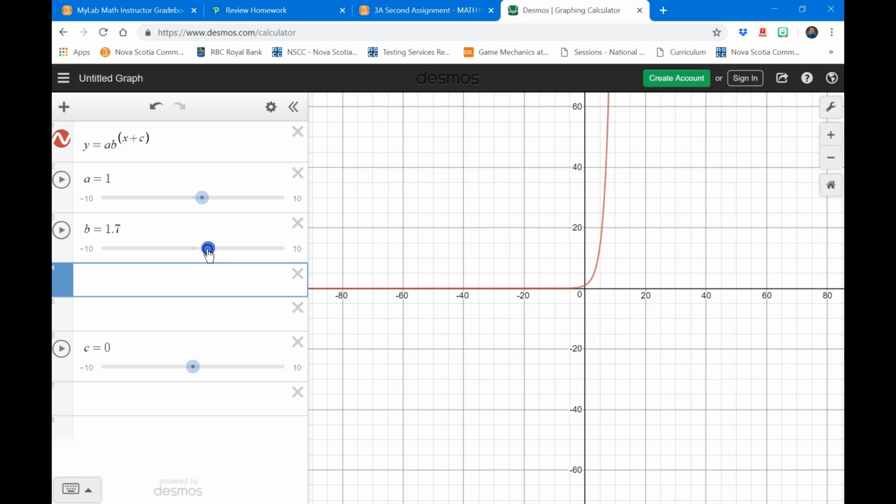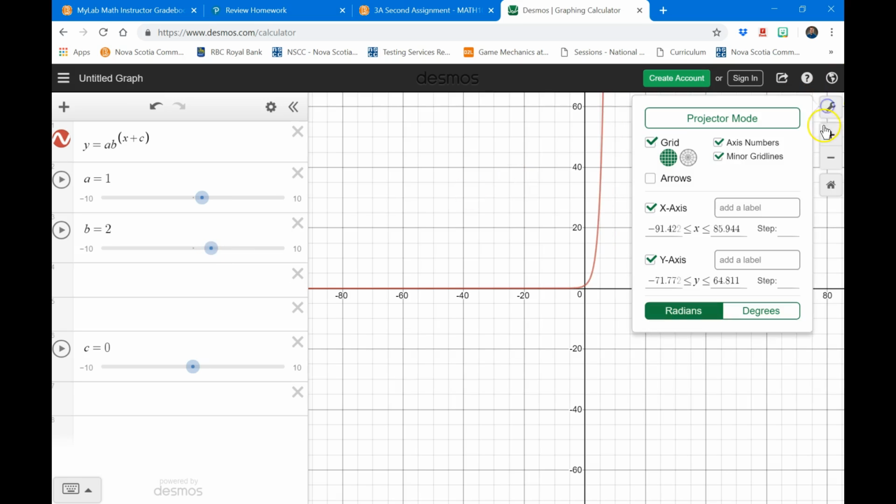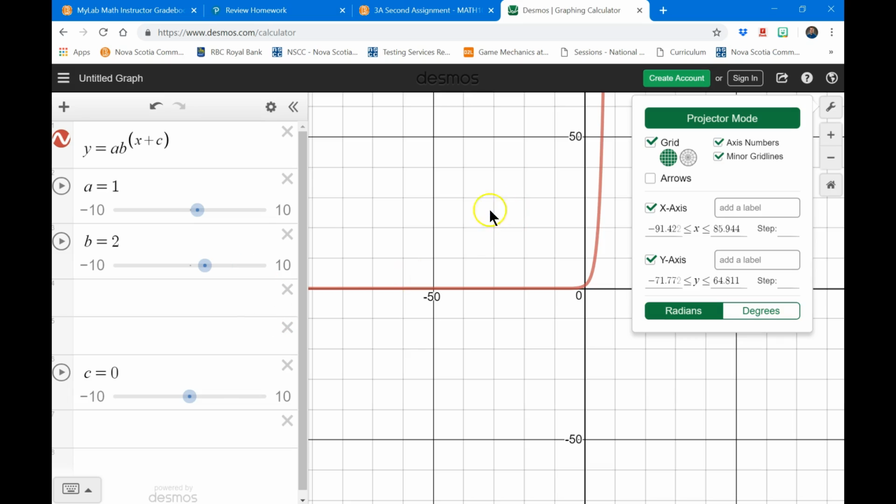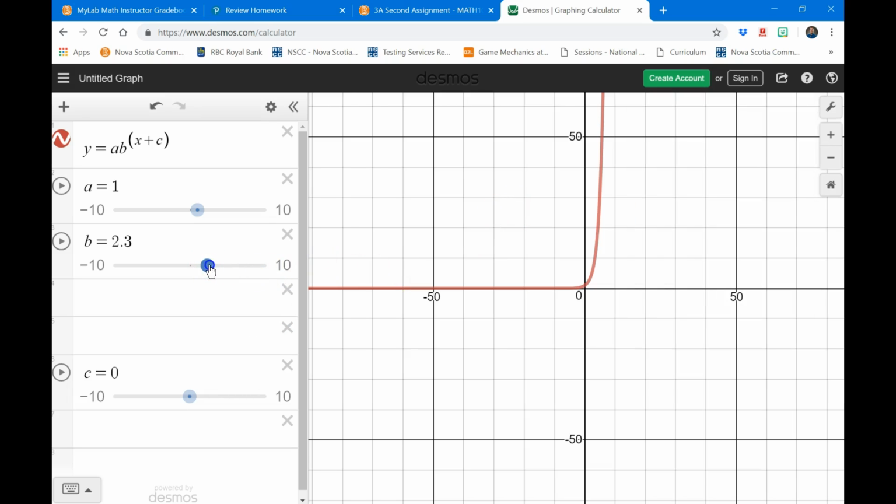Let me increase that base now so you can see, hopefully, in projector mode, make it a little better for you. There we go. So we can see now that as the base increases, the steepness of that line, see how that just cranks right up? And if I play that, and it'll just modulate between 10 and negative 10, watch what happens. Now there's no values when the base is negative. Negative base doesn't really do much for us, but we can see kind of a quick jump right there. So as the base decreases, it gets a little less steep, until we hit 1. And 1 is a flat line because 1 to any exponent is just really going to give us 1 anyway,